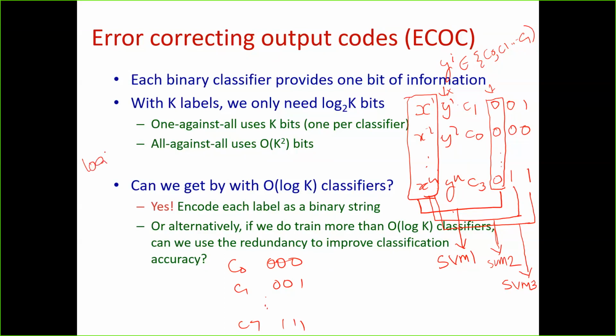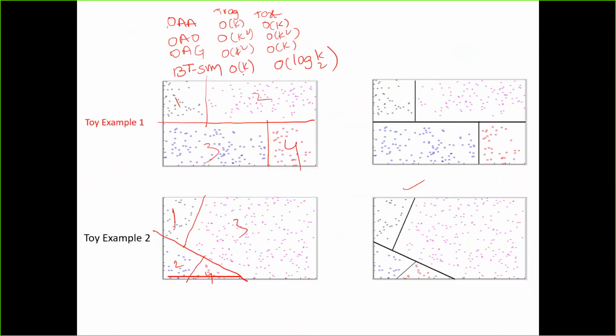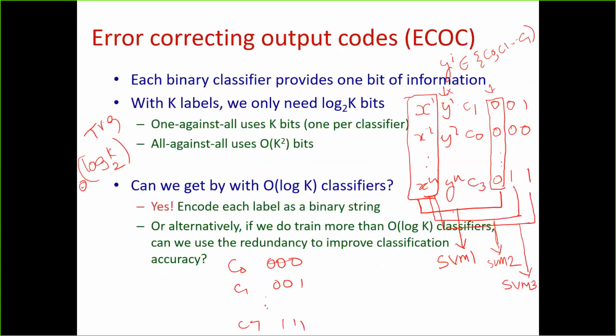It means the number of SVMs that you are training is order of log K base 2. So far it is the best, right? Binary tree is also order of K for training complexity. This is order of log K base 2 only. Right? Now,